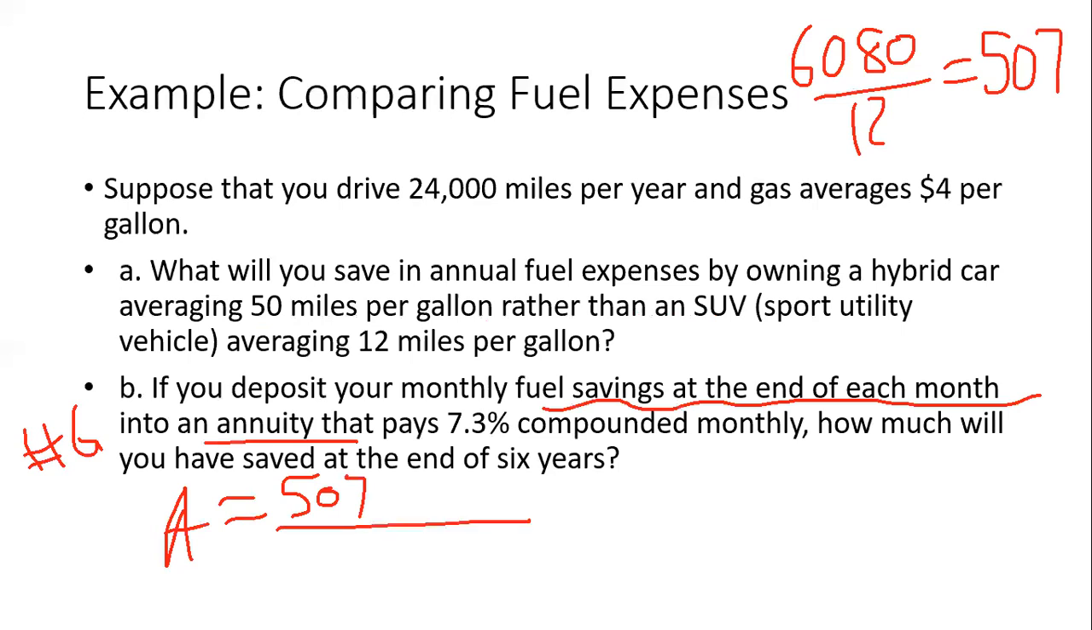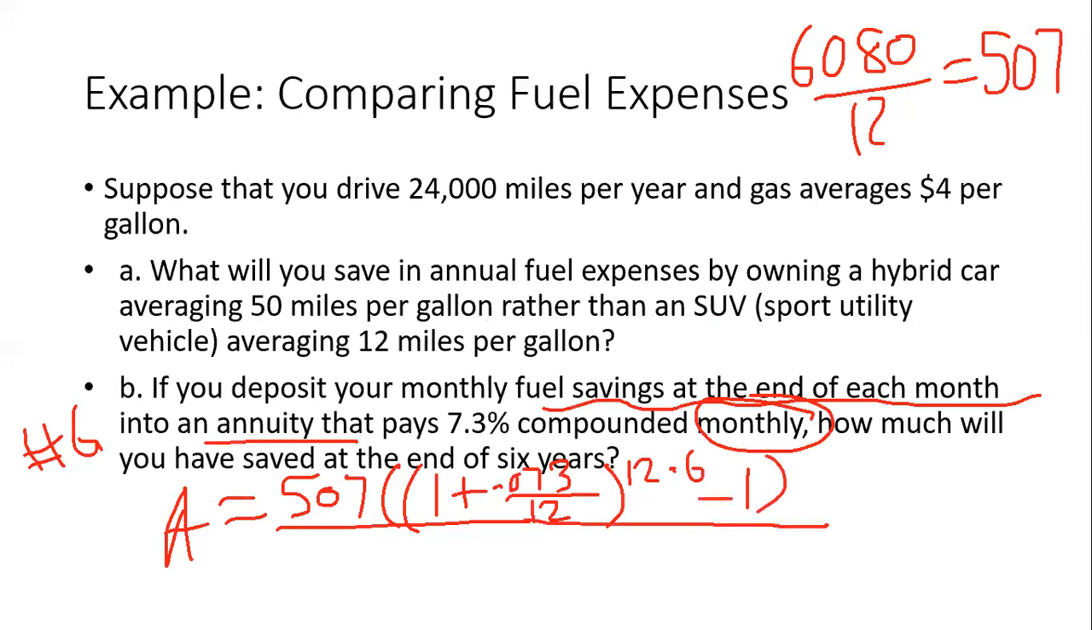Okay. Then that multiplies by bracket, parentheses, 1 plus the rate, which they give us, 7.3 over n, which is 12 because it's monthly, raised to the nt. They said 6 years, so n is 12 times 6. We could do 72, but I'll just leave it like that. Minus 1, close bracket, all over